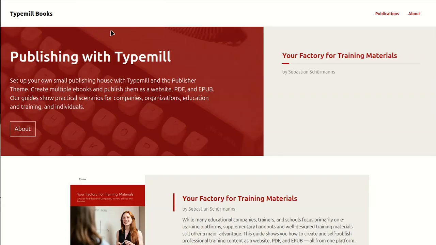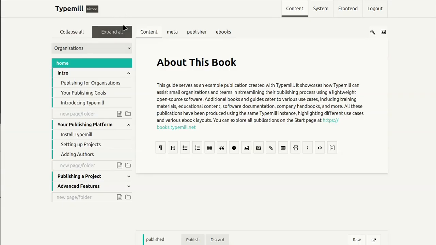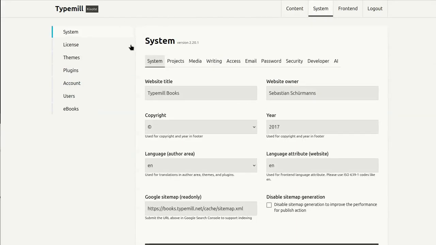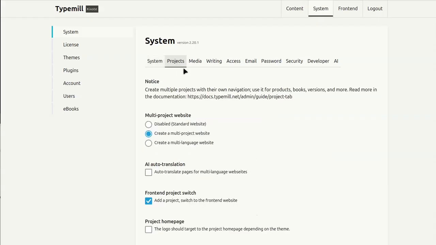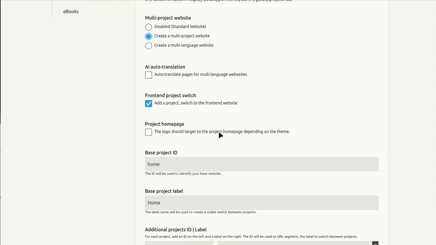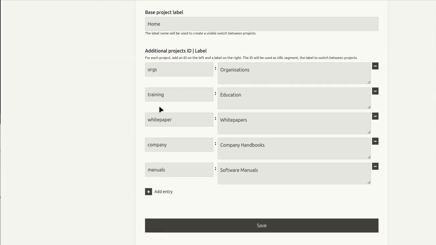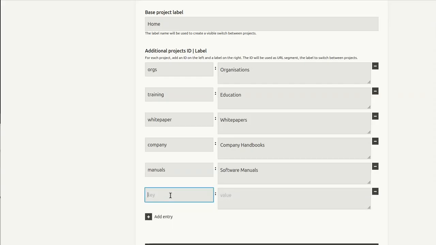Okay, finally, let's check how you can create a new ebook project. We go back to the author interface, and there we open the system, and then we open the tab projects. And there you can see that I've activated the option to create a multi-project website. And I've already created a lot of ebook projects here. Let's just add another one. Let's say we want to create an ebook about